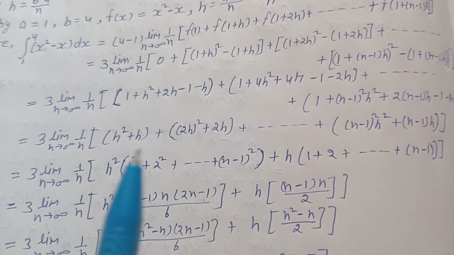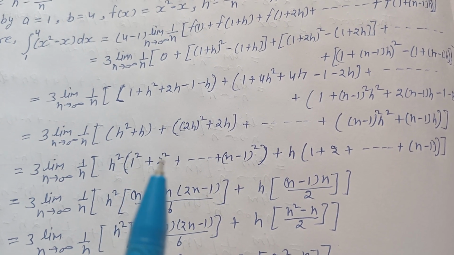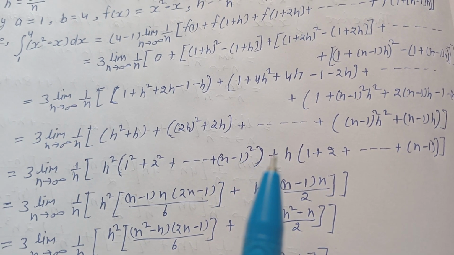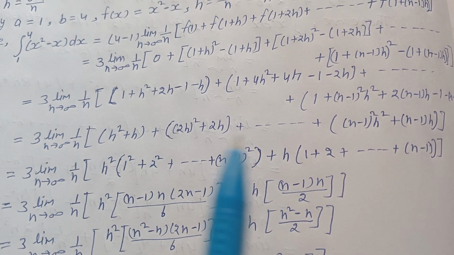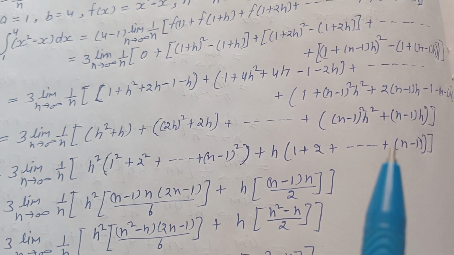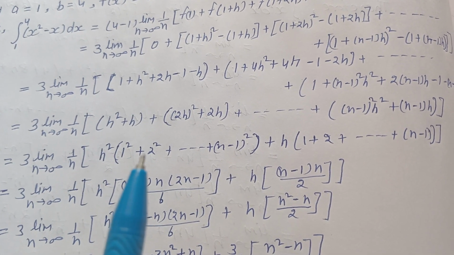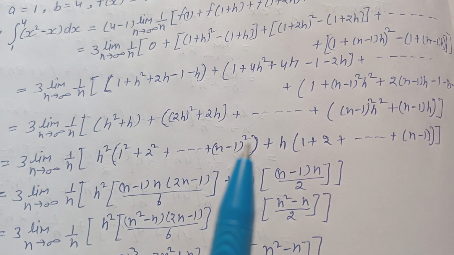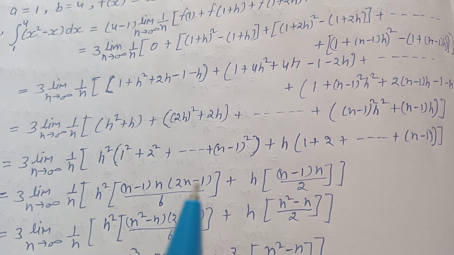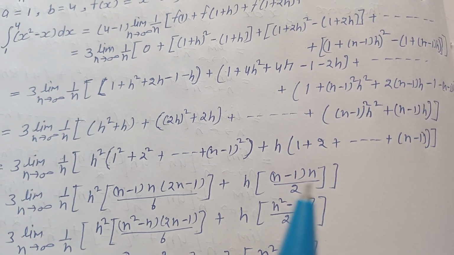Here it is equal to 3 limit n tends to infinity 1 upon n bracket. In all h square terms take common, h square is common, so bracket of 1 square plus 2 square plus ... plus (n minus 1) square, and in all h terms take h common, so plus h bracket 1 plus 2 plus ... plus (n minus 1). Here 1 square plus 2 square plus ... plus (n minus 1) whole square, this sum is (n minus 1) into n into (2n minus 1) by 6, and the sum 1 to n minus 1 is (n minus 1) into n by 2,